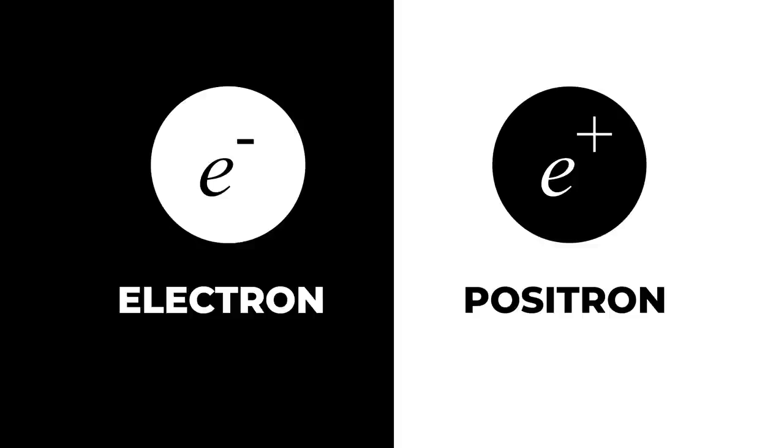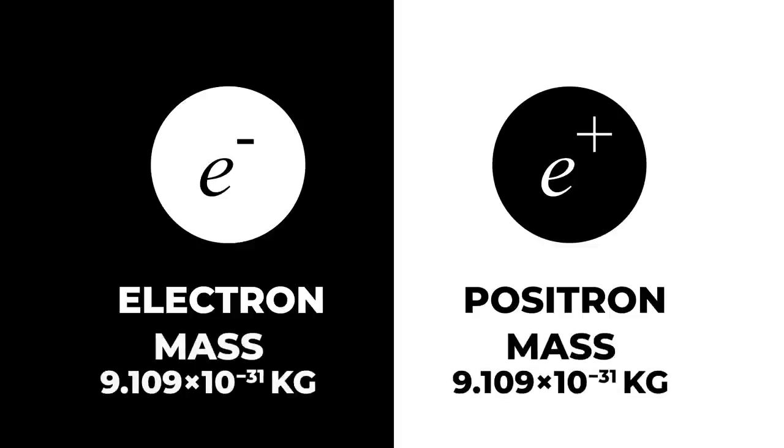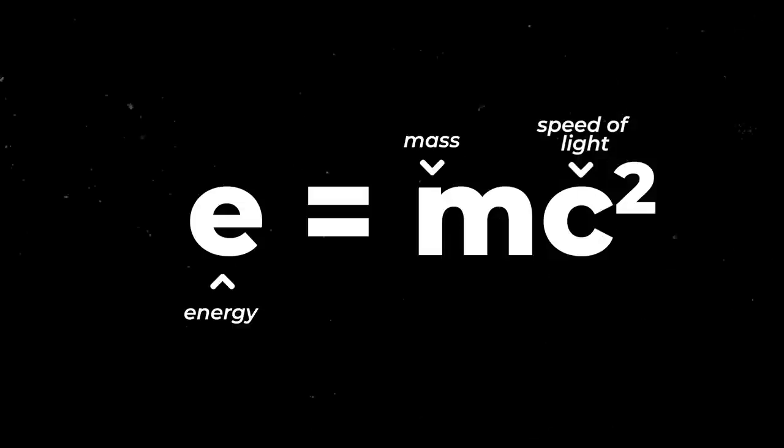So add up the masses of these two particles. You can look it up. By the way, the masses are identical for a positron and an electron. Add them up, write down that number, stick it in E equals MC squared, and E comes out the other side. If you convert all of that mass into energy, that's how much energy you're going to have. And you know what C squared is? The constant that is the speed of light. It's the speed of light squared.